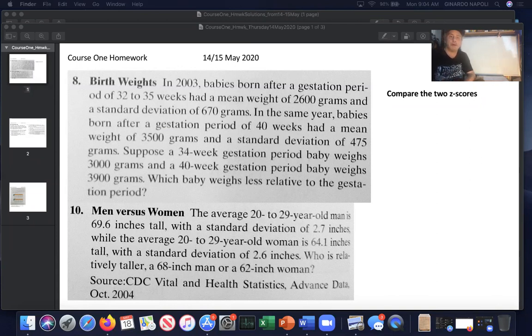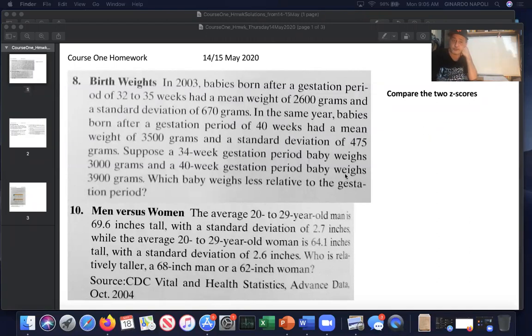People might call these earlier babies preemie babies, and these later babies might be regular, or I guess just normal, but anyway. These two things have different characteristics. So how do we compare a baby at 34 weeks, which would be the first population and weighs 3,000 grams, to a baby in the second population, a normal baby, of 3,900 grams? Well, it appears the normal baby is going to weigh more, and the preemie baby is going to weigh less. That's what it appears. But these are different populations, so we can't just compare the raw numbers, so we'd use